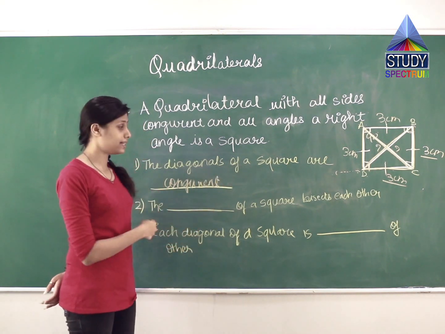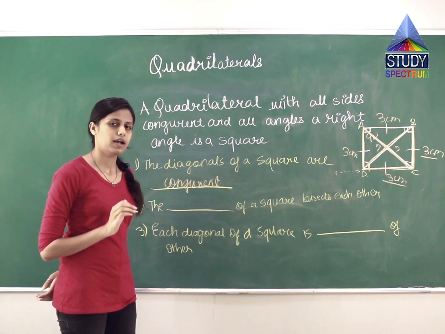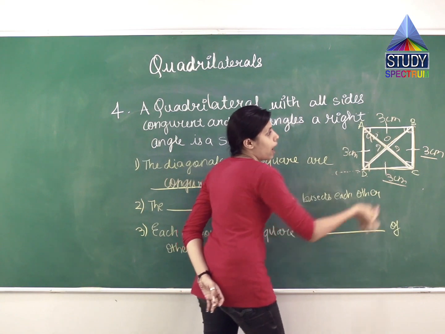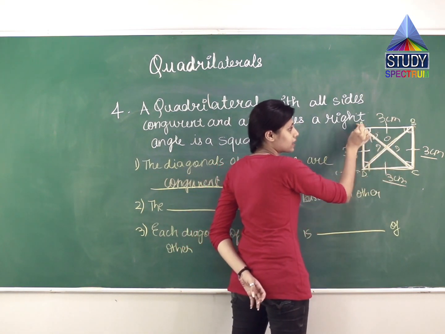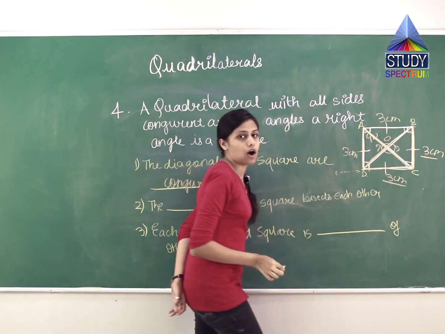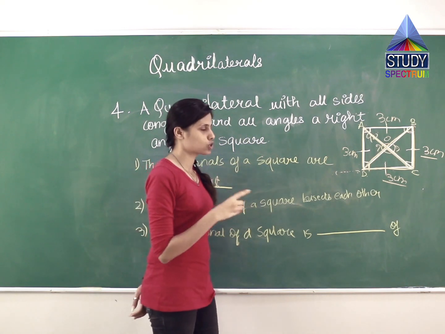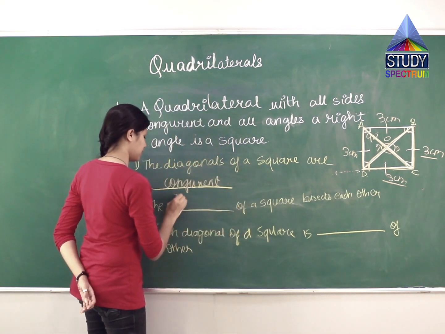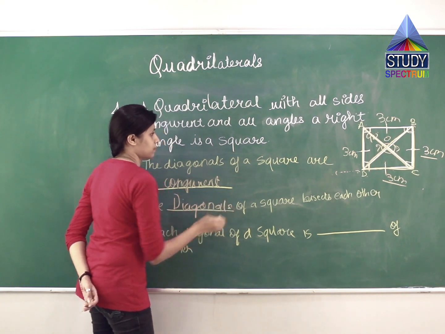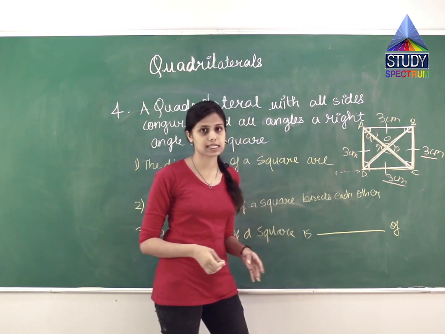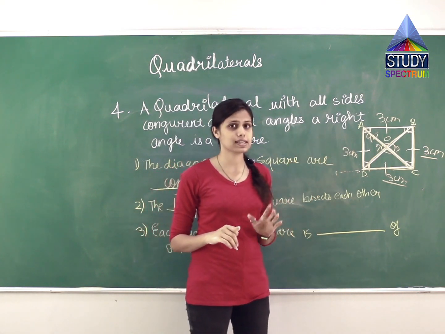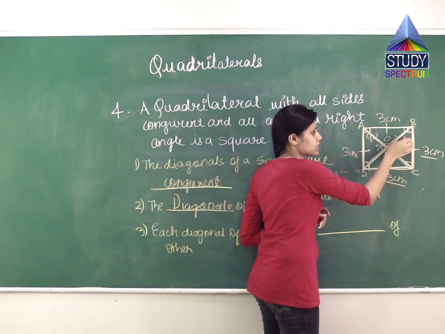The second question, the dash of the squares bisects each other. It is always the diagonals. Look over here, if this is represented by O, then the diagonal BD will bisect the diagonal AC. Always the diagonals bisect each other. In a rectangle also we have seen that the diagonals bisect each other equally. So over here also the same feature is there.